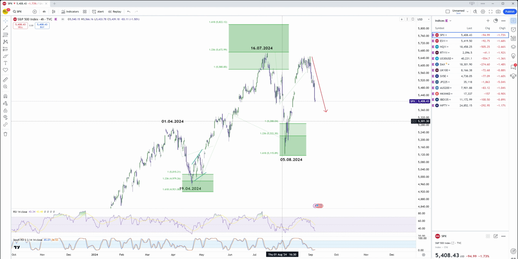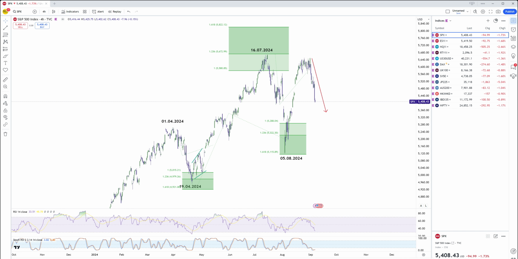But the bigger picture in the weekly time frame remains higher from the lows from 2022. This is what we know as of now. But short term, expect some volatility and up and down moves, which are not the best conditions to look for trades. It becomes very unreliable and risky in the short term.